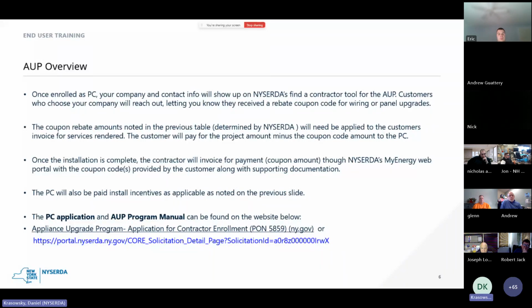So the coupon amounts themselves are determined by NYSERDA, as mentioned in the previous slide, and they'll be applied to the customer's invoice. So when you do a service, say for example, if you're an electrical contractor or a general contractor and you're installing a panel, and that panel costs $5,000, you would apply the cost of the coupon, in this case $4,000, to the cost of their invoice. So the customer would pay you $1,000 directly,